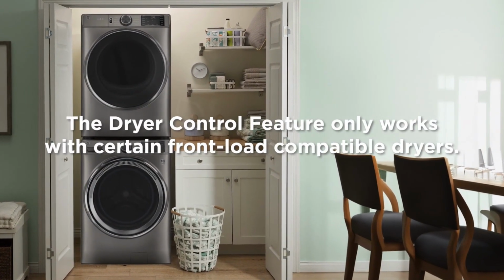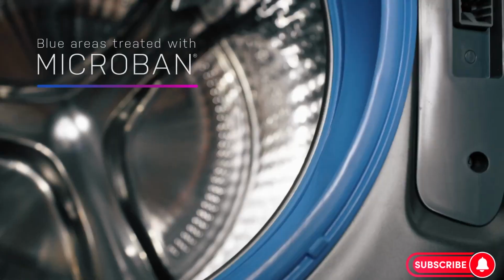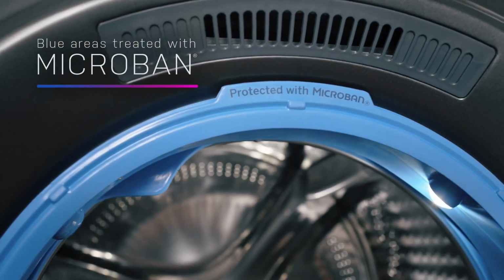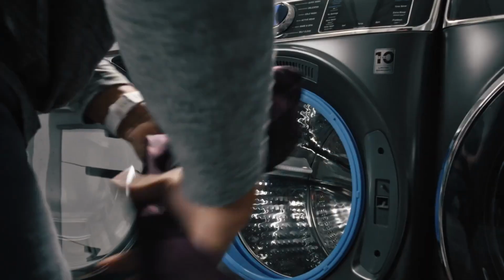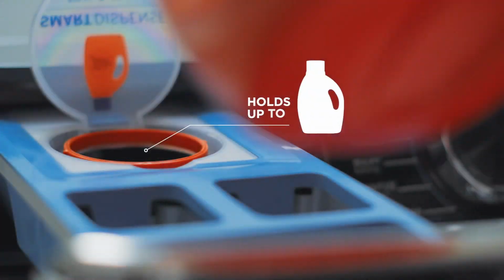And do not forget about the dryer. With its extra large capacity and speedy yet gentle cycles, it's perfect for even the largest loads. Plus, the steam feature is a game changer for getting rid of wrinkles in a flash. It comes with a price tag approximately